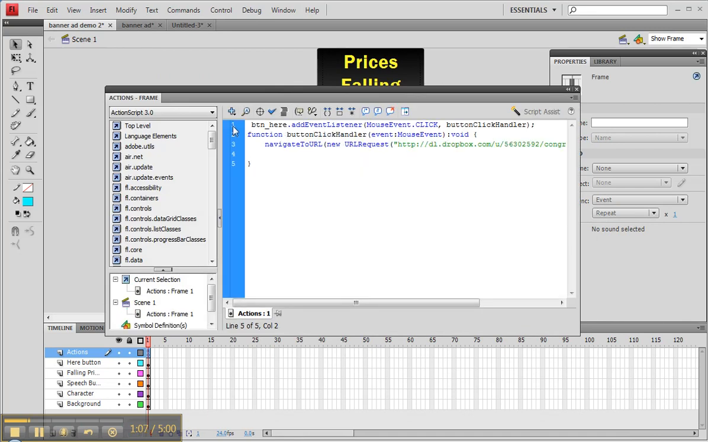So in line 1, first of all, this is the first expression here you'll recognize as being the instance name of the button. This is the name that we gave to the occurrence of the button in our Flash movie. And we've added to that an event listener, and that event listener is a mouse event, and we're asking basically for this button to wait for a click of the mouse. When it hears a click of the mouse, then it's going to do something called button click handler, which is